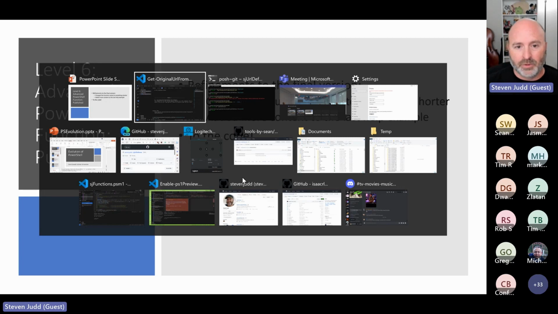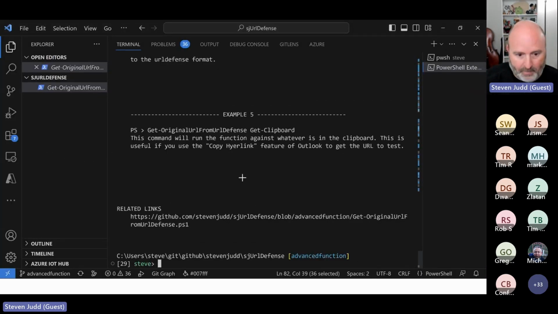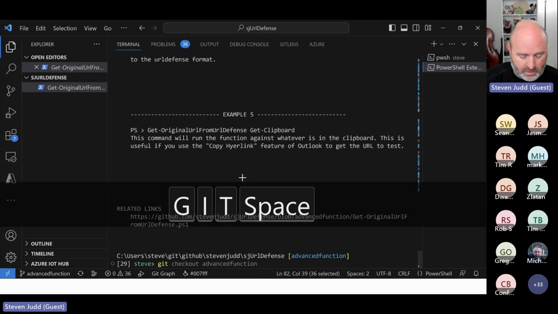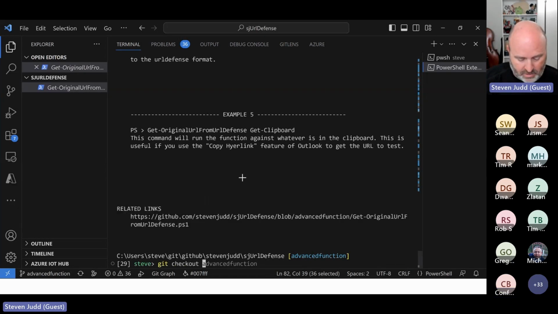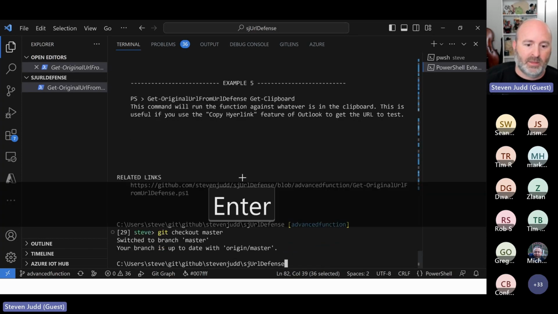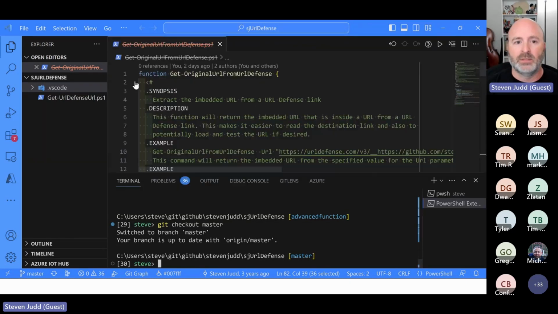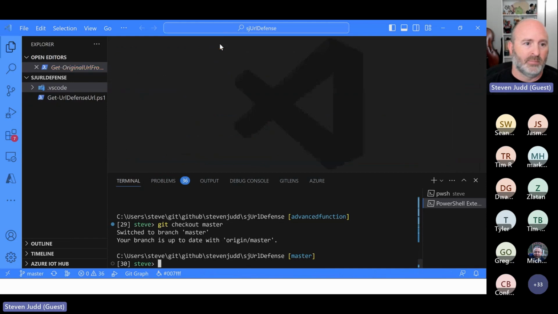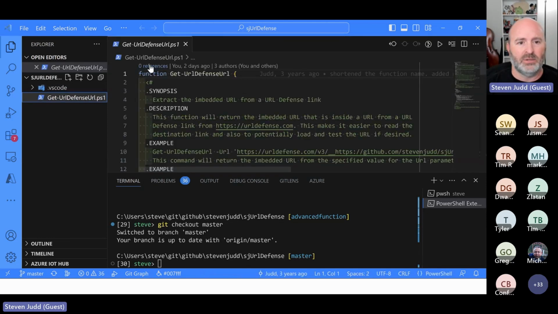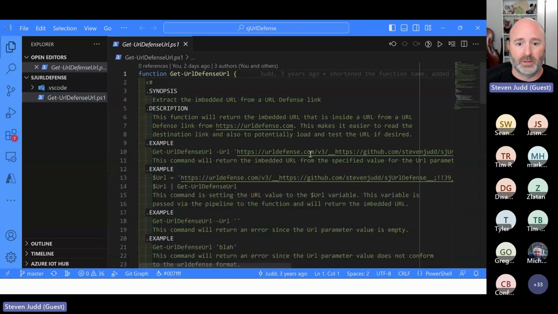I thought I was kind of overusing the Batman thing, so I didn't do it that time. Hit checkout. I wish my typing, and so now I'm going to master. And here we go. Look, my color's even changed. That's because I'm using the Peacock and it saved it into the .vscode. And so now I can see, hey, I'm doing this with blue. Awesome. All right, let me close this. Because I renamed it, my file's gone. Now it's Get-URLDefenseURL.ps1. That's my function.